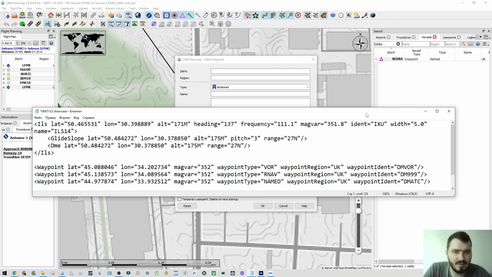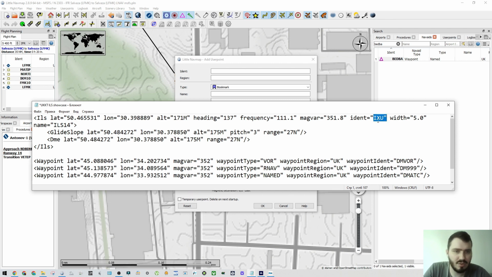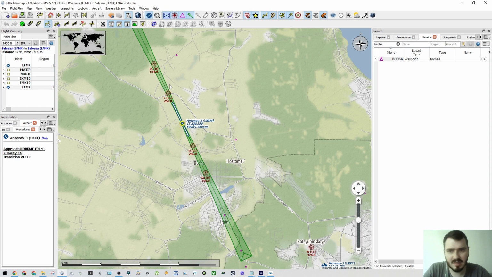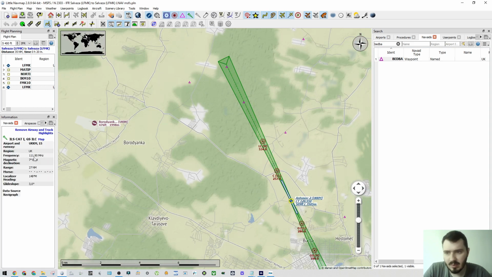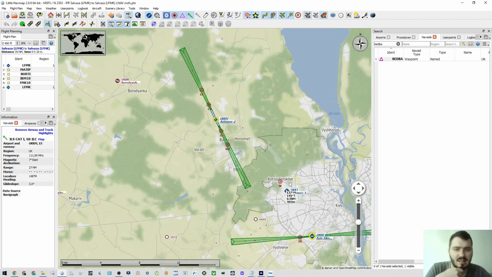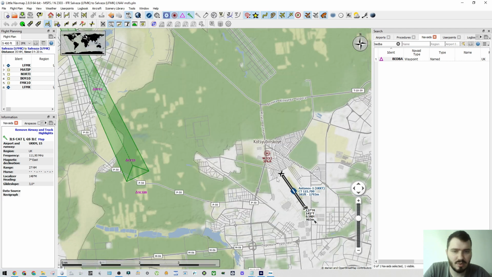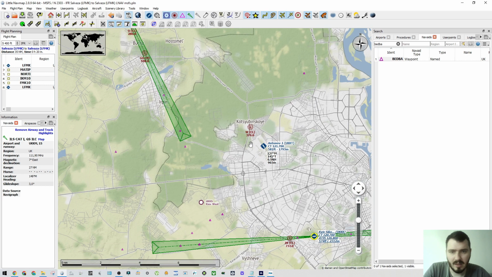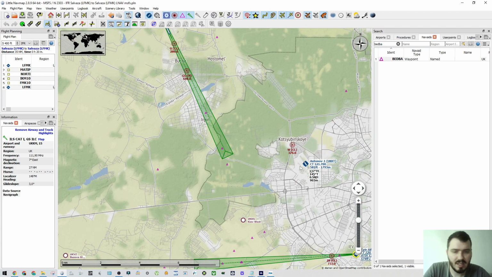Okay, then we go to ident. Ident is like the identification name of your ILS. For this ILS to be seen in the game, just start it with Y and then put 2 other values that you want. No difference, but try not to use, I will show you the nearest one, because for example, we have an ILS here. It has 111.9 and the identification is IGO and I Lima Charlie. So do not use the ones that are nearest to the ILS that you want to create, so as not to be confused, not to catch another glide slope, and not to tune the wrong frequency. Okay, so we will use